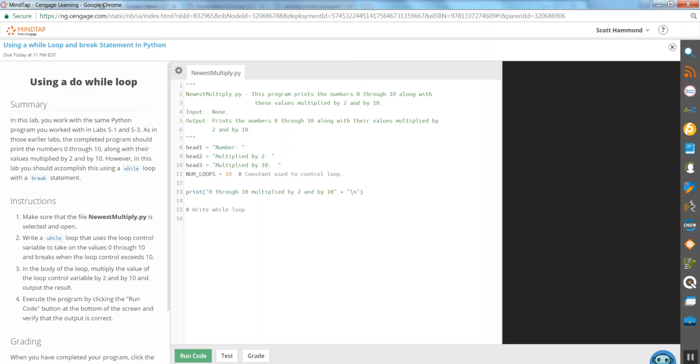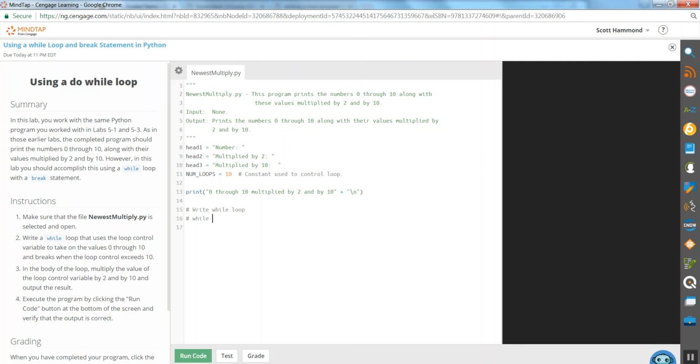So they've given us these same things that we had before. So this is going to be the same logic we had before to a degree, but instead of a for loop, we're going to do it with a while loop. So while a certain condition is true, we're going to go through and do this. Number of times will be 10. So let's say while,